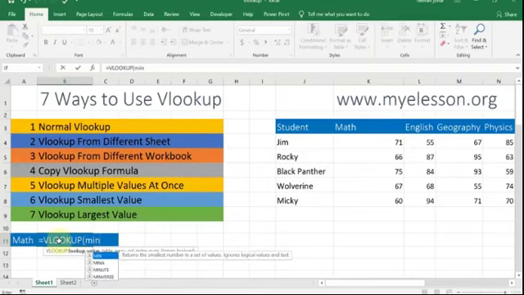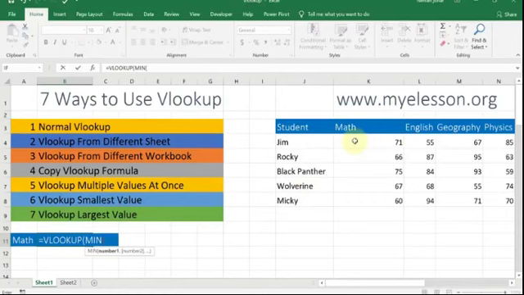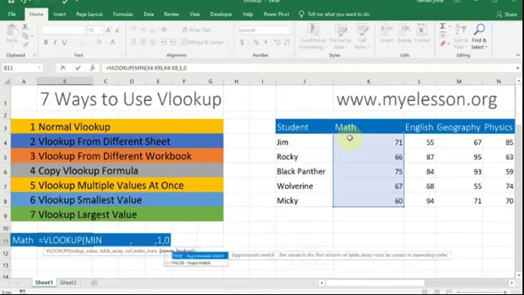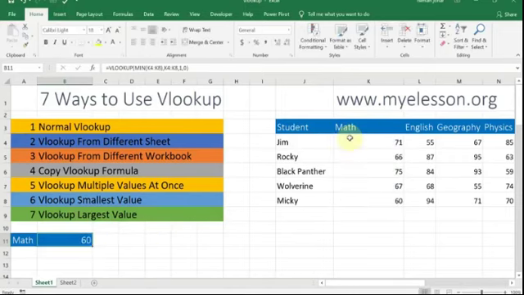For that, I'll use a formula called min, open the bracket, select the range from which you want to find the minimum marks, close the bracket, comma, table array. So table array will also be the same range. So I'll select this, comma, index number. Since the lookup range and the table array is the same, so column number would be 1, comma, 0, bracket close, 60. Simple, right?